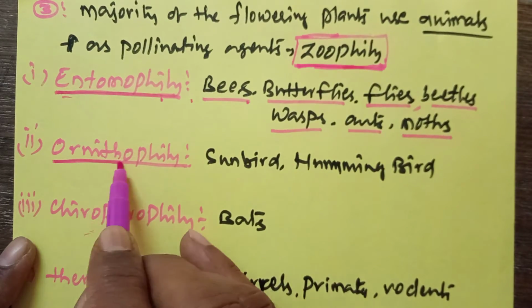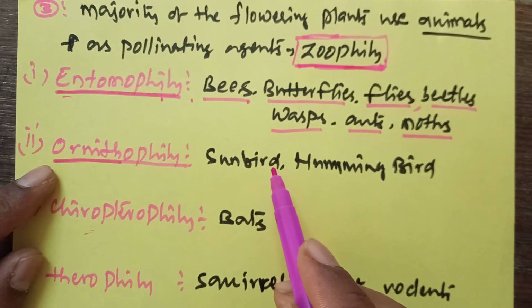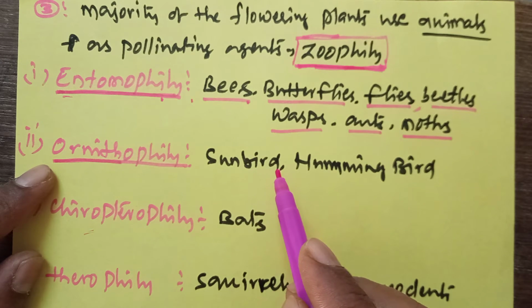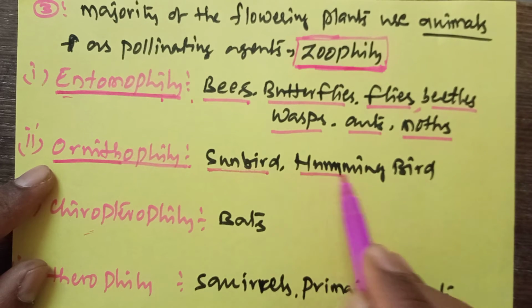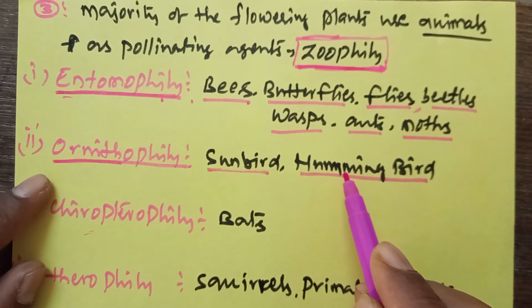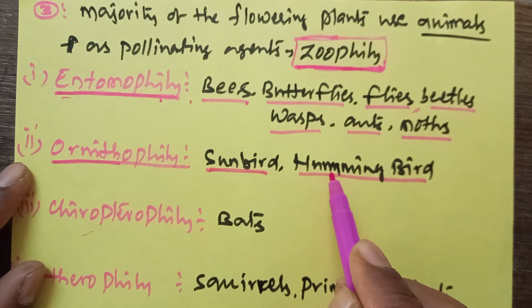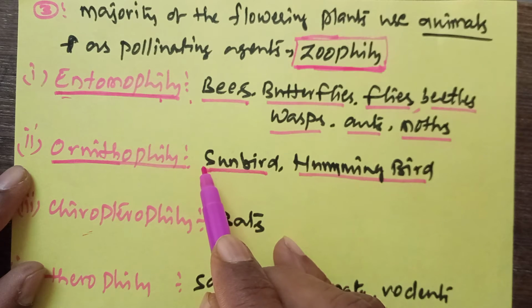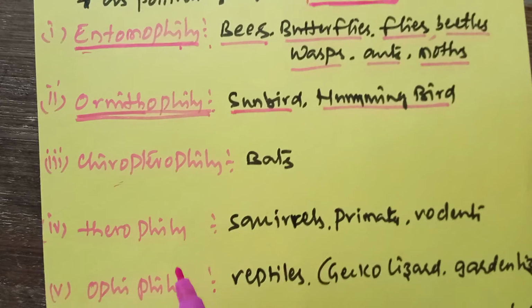Now come to the next type, ornithophily. Ornithophily relates to ornithology. Ornithology means the study of birds, or aves. So in this case, birds like sunbirds or hummingbirds transport pollen grains from one flower to another flower. So here these are acting as agents. Through birds, pollen grains are transported from anther to the stigma. That pollination is called ornithophily. And next,